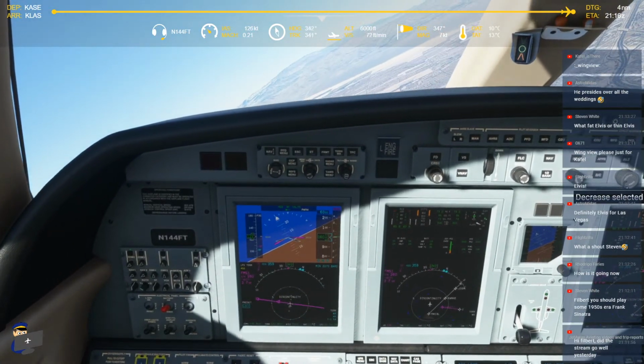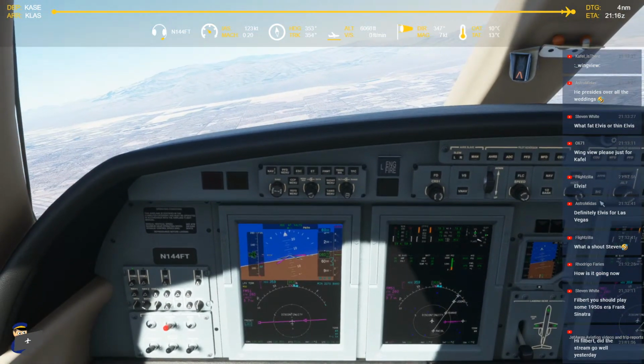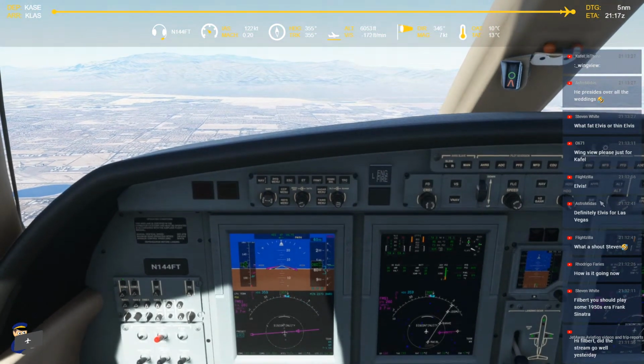144 Foxtrot Tango, the altimeter 3002 at McCarran. Affirm 3002, misheard, November 144 Foxtrot Tango. So that's